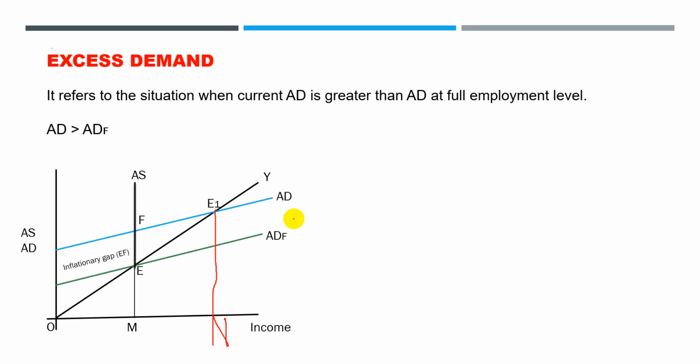What are the reasons of excess demand? Increase in money supply due to deficit financing, increase in the government demand for goods and services, increase in consumption demand as a result of rise in propensity to consume, increase in disposable income and consumption demand as a consequence of reduction in taxes, increase in demand due to increase in credit facilities, increase in investment demand, and increase in export demand. These can be the causes of excess demand.